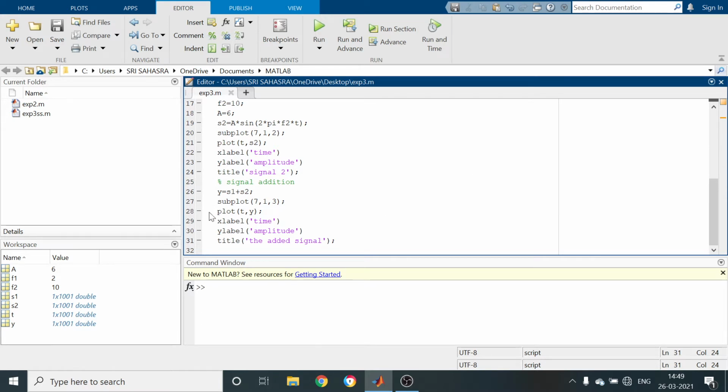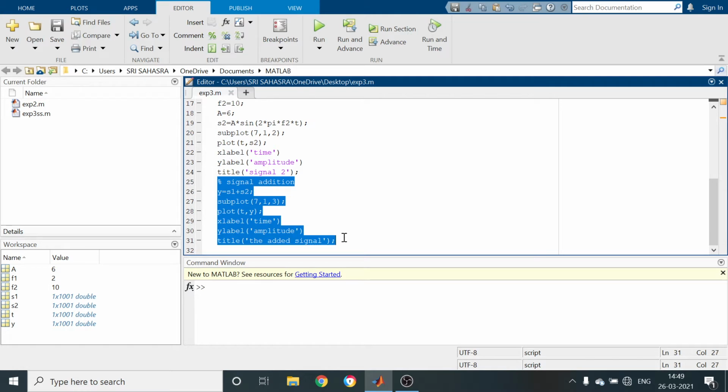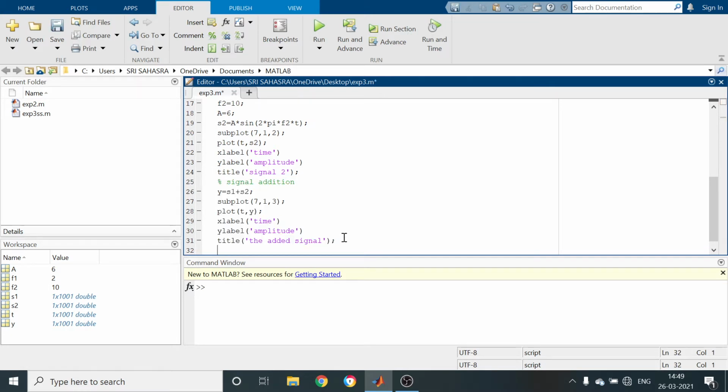Signal subtraction. So I am going to copy this one here. Now addition is already completed. Now we have to perform signal subtraction. Signal subtraction means simply, as we already defined the signals S1 and S2 as sinusoidal signals, we use the mathematical operator, the subtraction symbol.